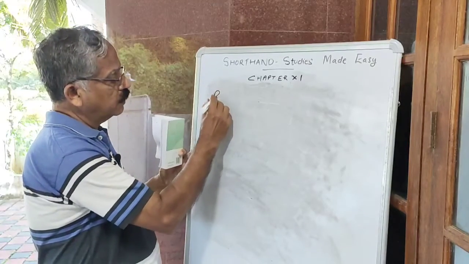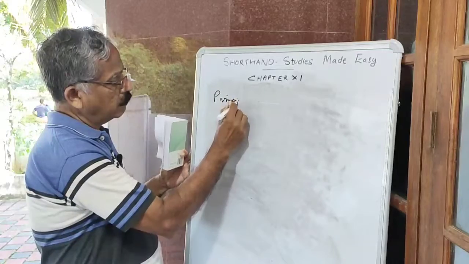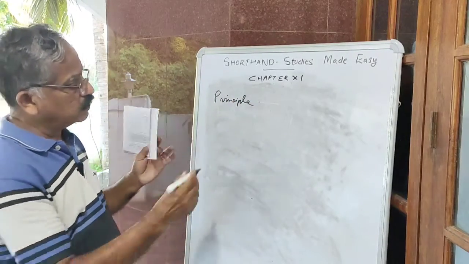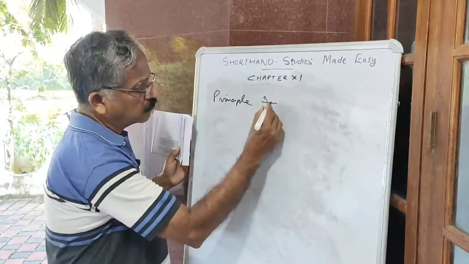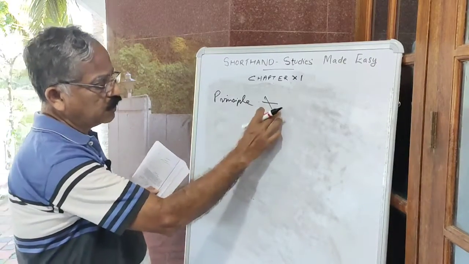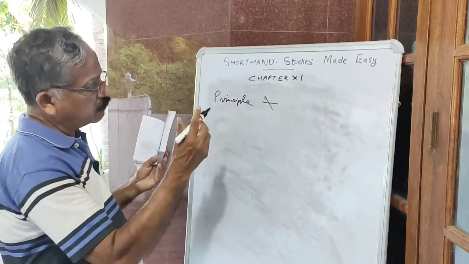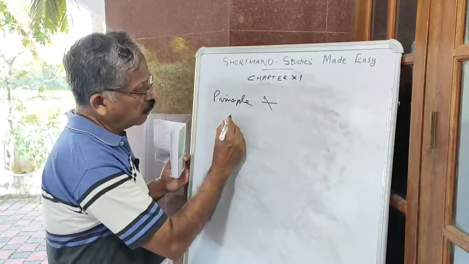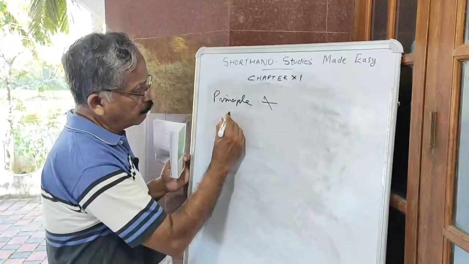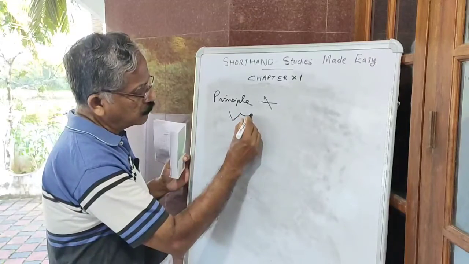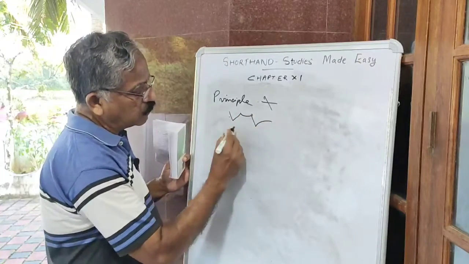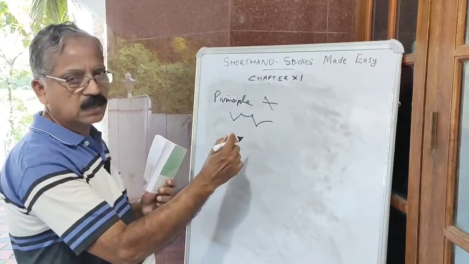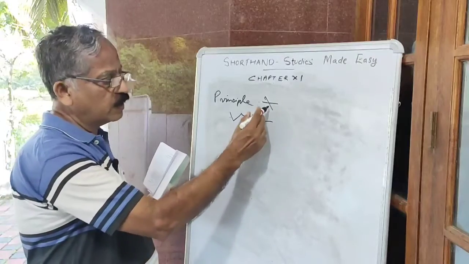How to write principle? A symbol, Per through the line, represents principle. Per through the line. This is a gram block. It's a symbol word. Otherwise, how to write principle? All these consonants we have to write, the whole word. It takes a long time to write, like the English word, we have to write all these to make principle.